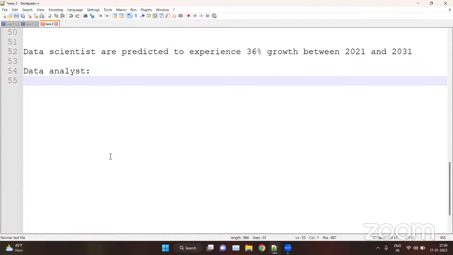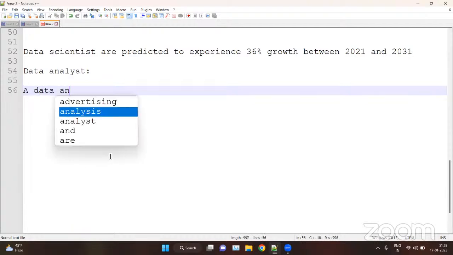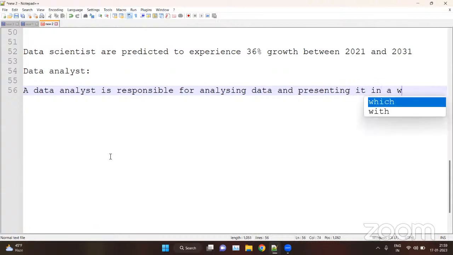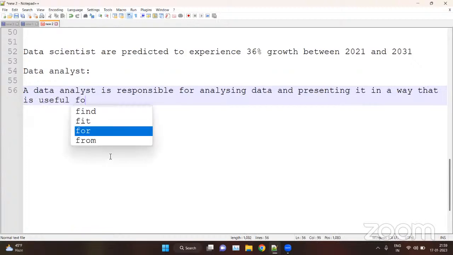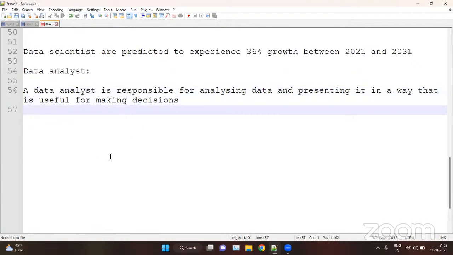That is the purpose and responsibility of a data analyst.